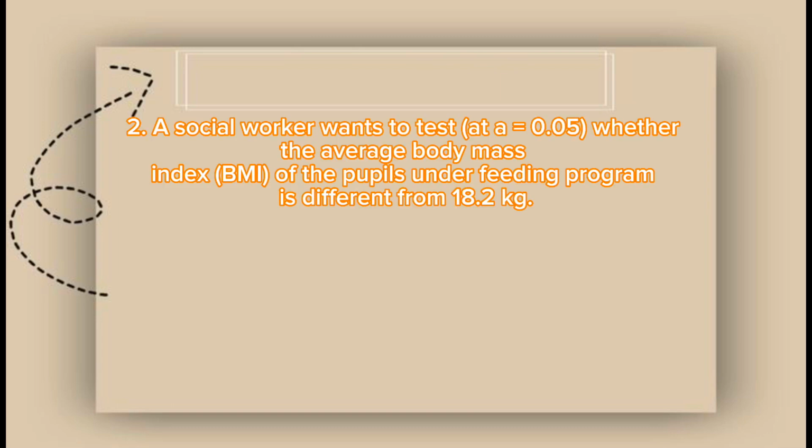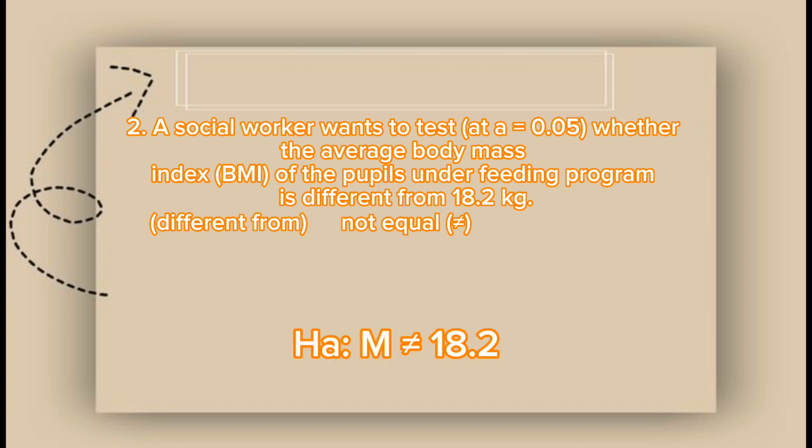Example number 2. A social worker wants to test at alpha equal 0.05 whether the average body mass index or BMI of the pupils under feeding program is different from 18.2 kilograms. The word of the alternative hypothesis that has been given in this statement is different from, and different from is in the list of not equal. So for now, we're going to write the alternative hypothesis of mean not equal 18.2, and the null hypothesis is